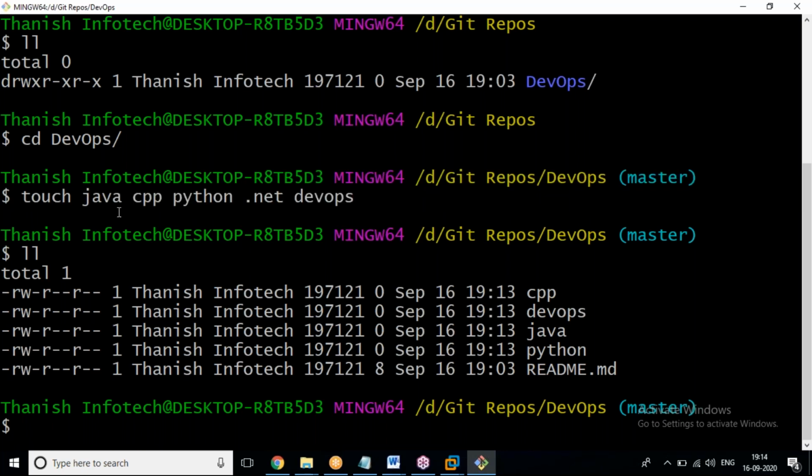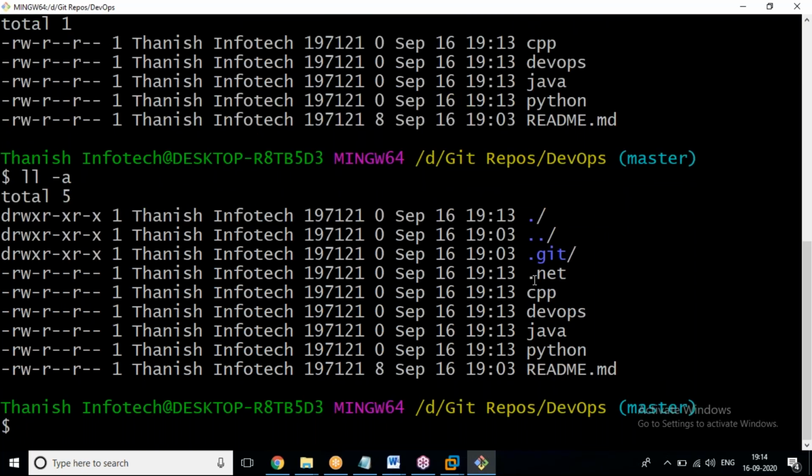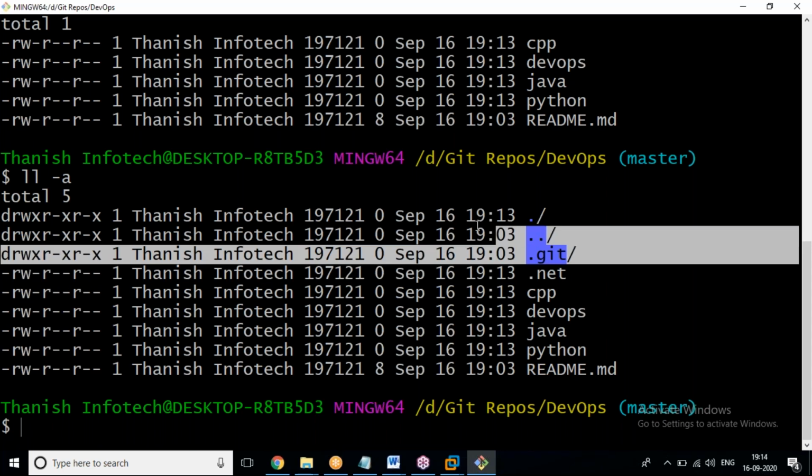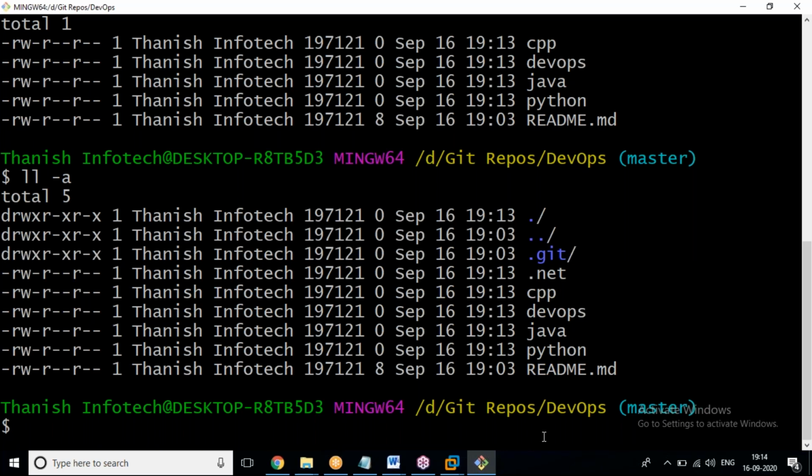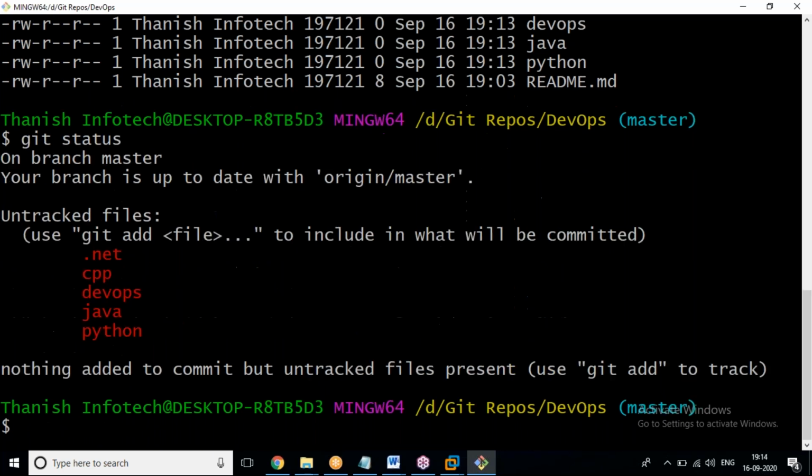Can anyone say why? Who can answer? People with basic, intermediate or experience on the Linux or Unix platform can say that, because it is a hidden file. Use ls -a or ll -a. Now you can see it. We need to discuss this one; it's an important thing, and we will discuss it tomorrow. But today we are going to fulfill the first formalities, then we can go for a deep dive. Just now we have created files.